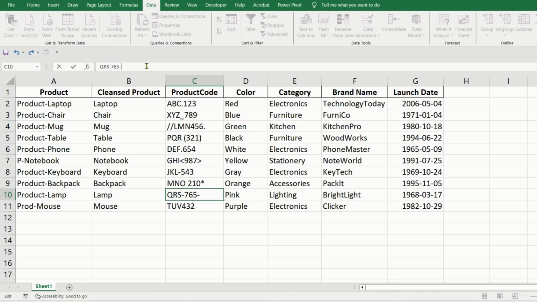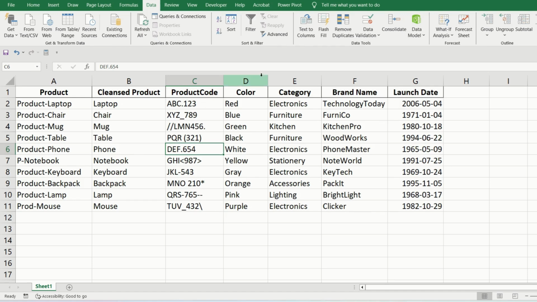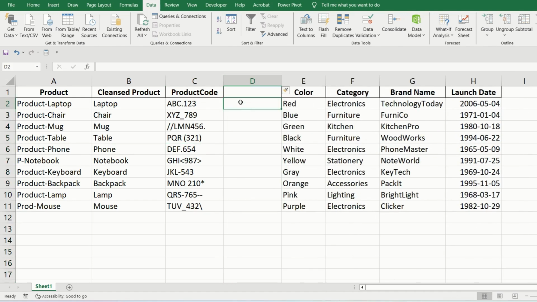So say something like this. As you can see here, this data now has a lot of inconsistencies, and what we want to do is cleanse it and get it into a single consistent format.